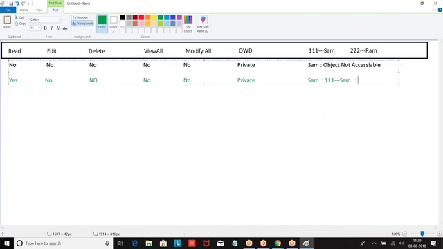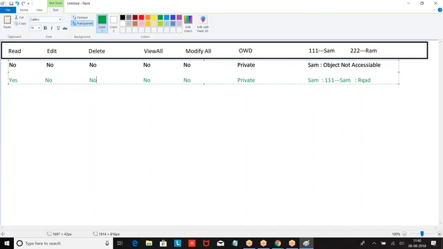So when Sham logs in, what will he be able to see? 111 Sham. What about 222? You cannot see 222 because OWD is private. Now, Sham is the owner, right? But still, why is he able to perform only read? Because at the object level, you don't have permission of edit and delete.